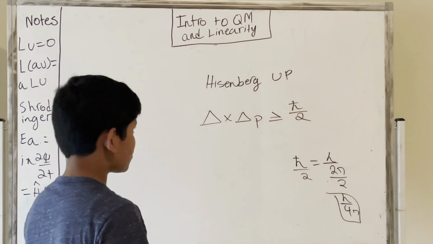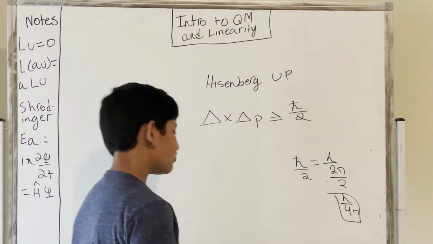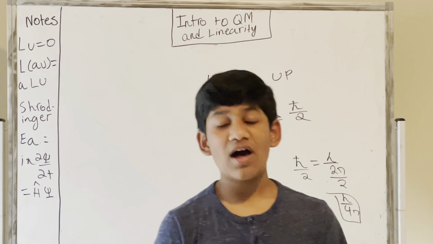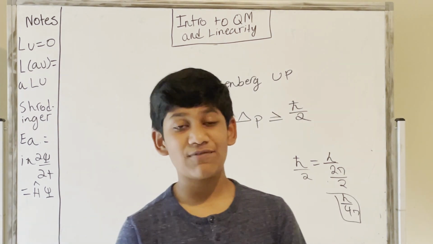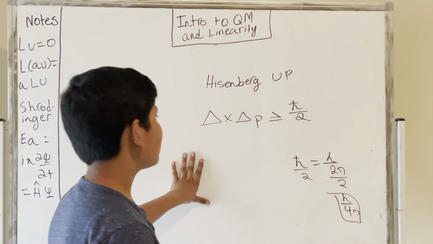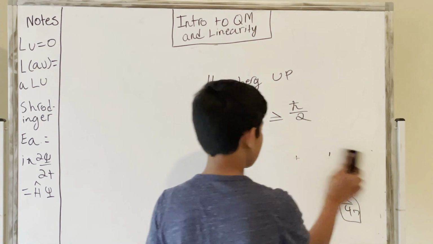So the Heisenberg uncertainty principle is the one which we just saw now. So remember when everyone says that we cannot find the position and the velocity of a particle at the same time? Well, if you were to represent it as an equation, this would be it. We're going to be diving into this equation a lot in the next video. So stay tuned for the next video.